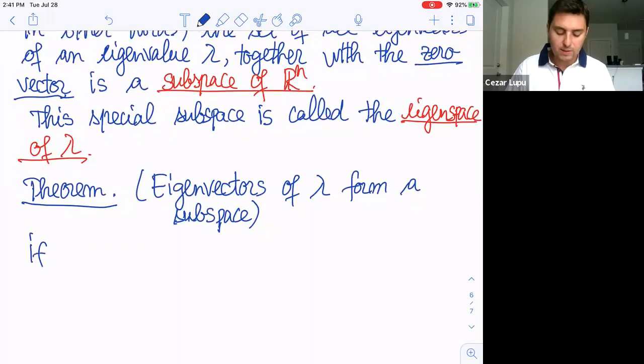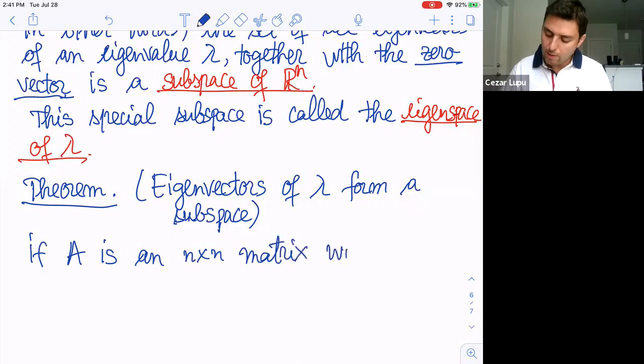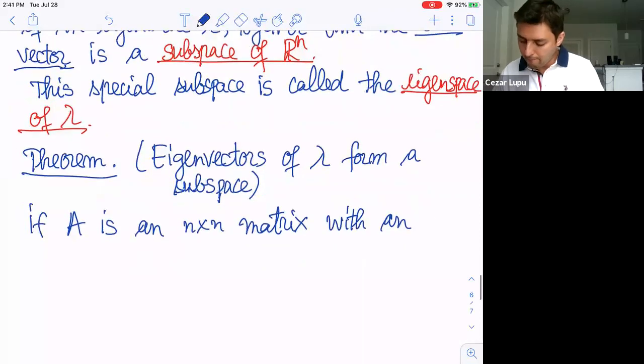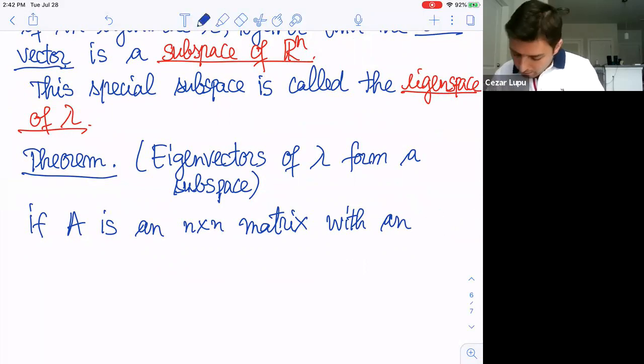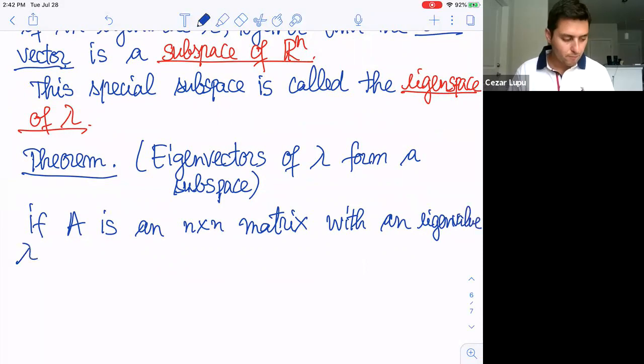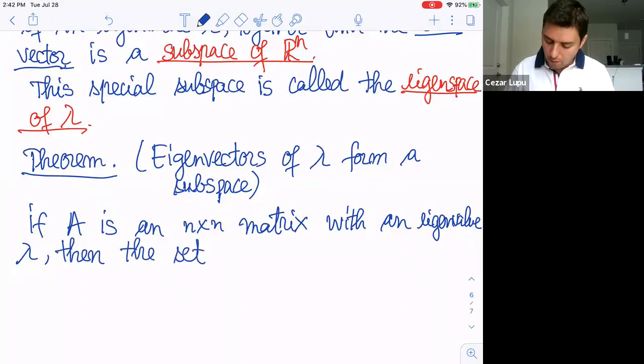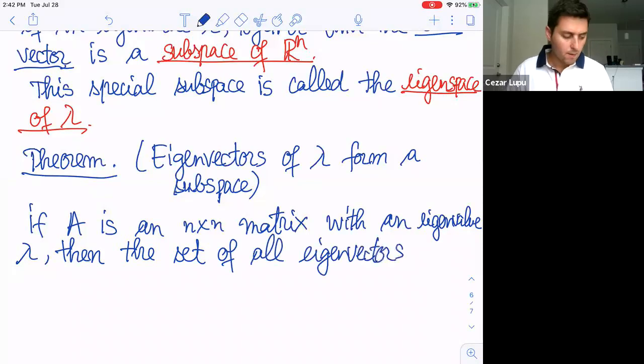Okay, the theorem states the following: if A is an n by n matrix with an eigenvalue lambda, then the set of all eigenvectors of lambda